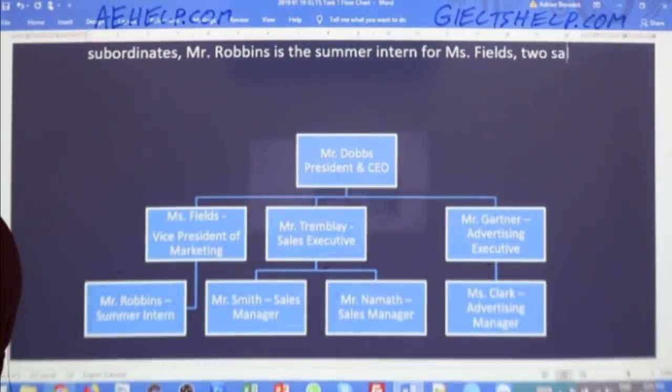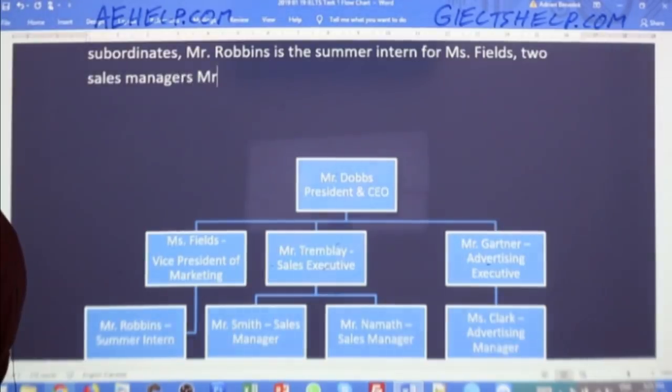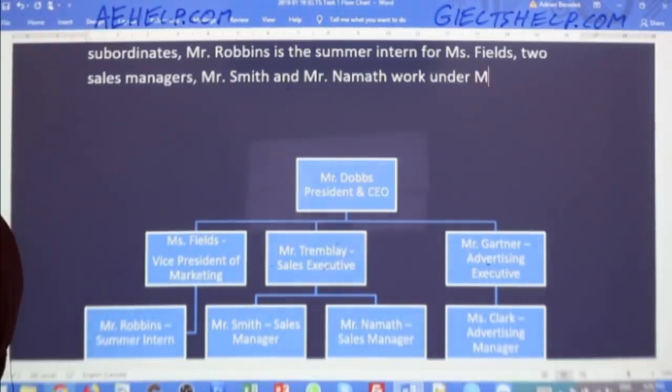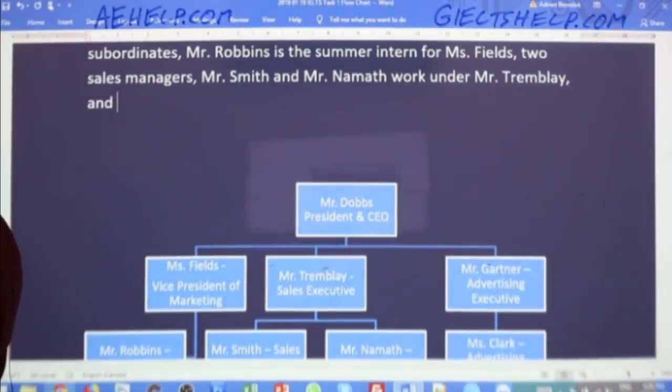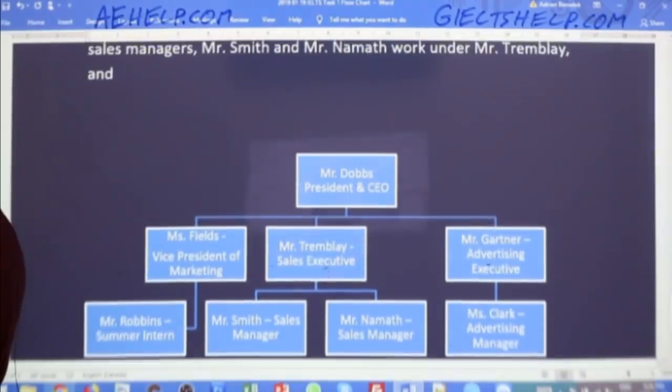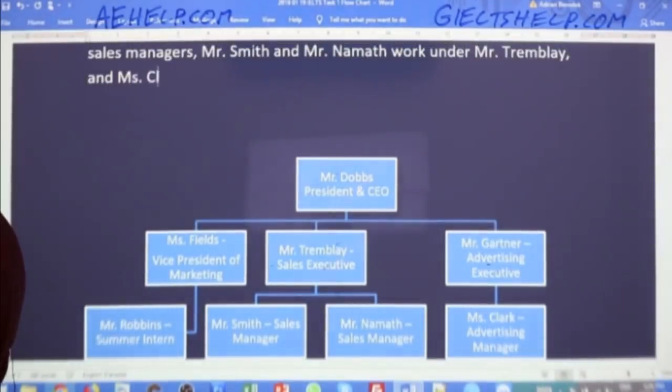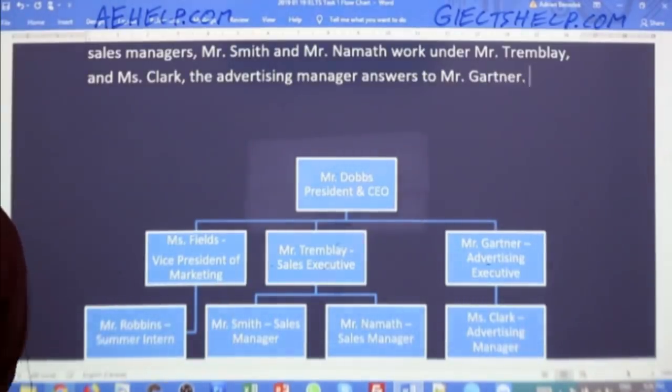Two sales managers, Mr. Smith and Mr. Numath work under Mr. Tremblay and Miss Clark, the advertising manager, answers to Mr. Gartner. Okay.